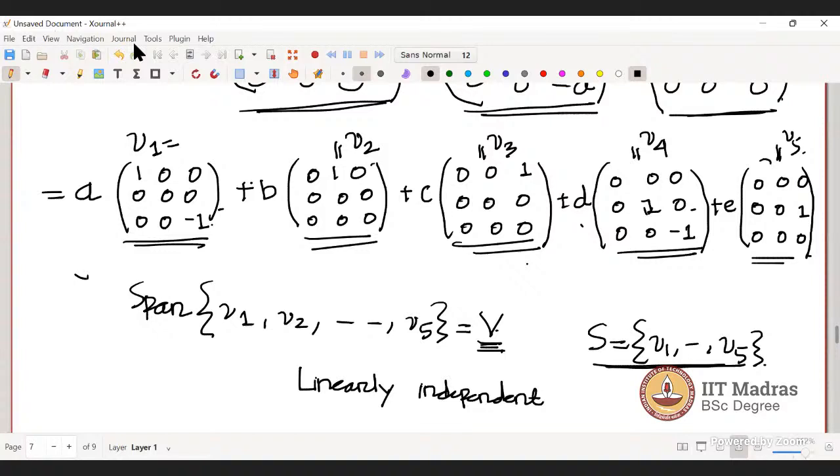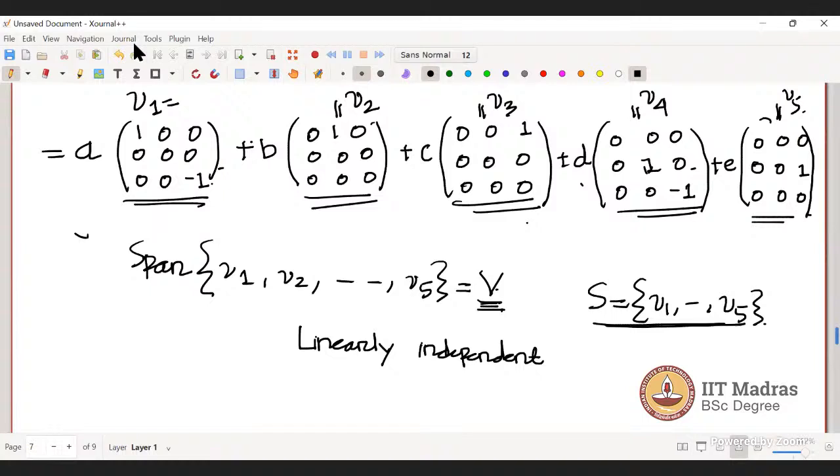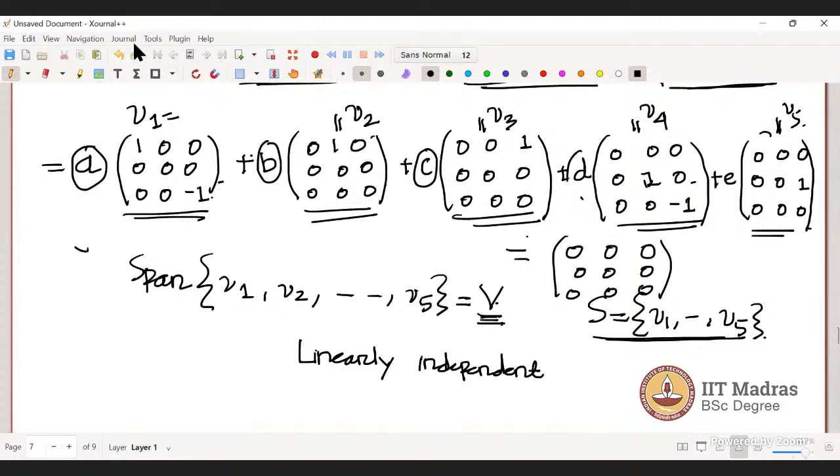This linear combination of A, B, C, D, E will be the 0 matrix if and only if all these scalars are 0. So this linear combination can be 0 only if all the scalars are 0. That's why this set is a linearly independent set, and the span of this set is basically